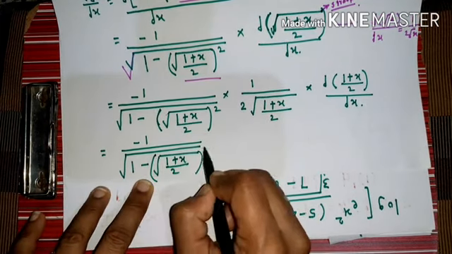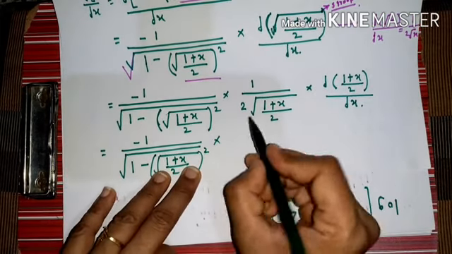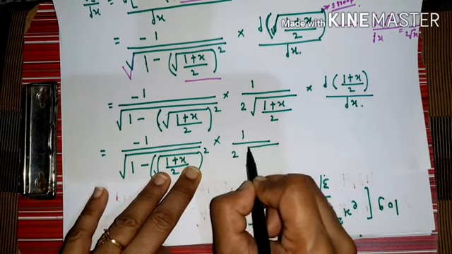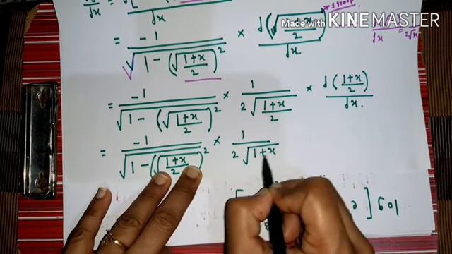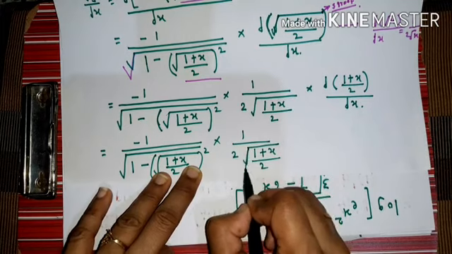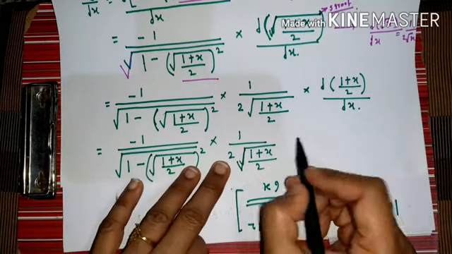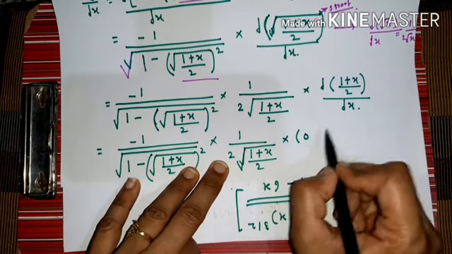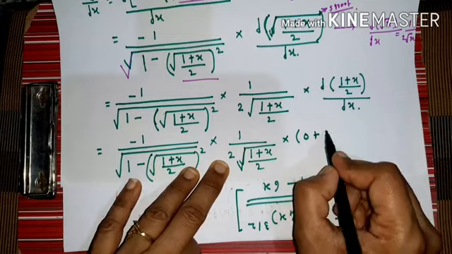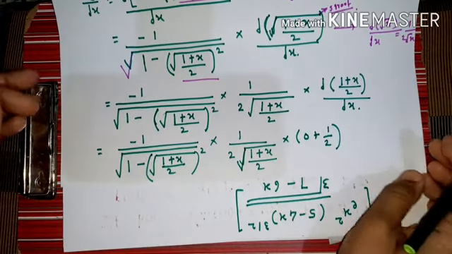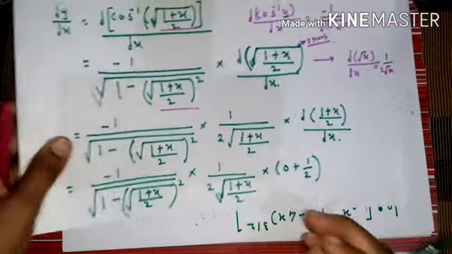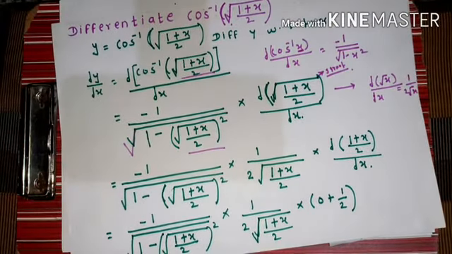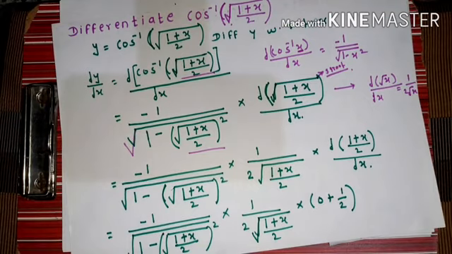Okay, in the next step we will write it this way, and this is equal to 1 upon 2 into the square root of 1 plus x upon 2. This is into the square root. Okay, and into the differentiation of 1 by 2 is 0 plus the differentiation of x by 2 is 1 by 2. In this way, and therefore we can write this in this way, and this is equal to